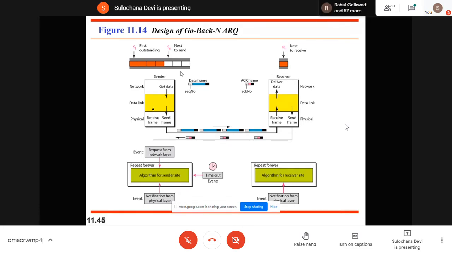I told you window size is 2 raised to power m minus 1. I'm asking the value of that m.